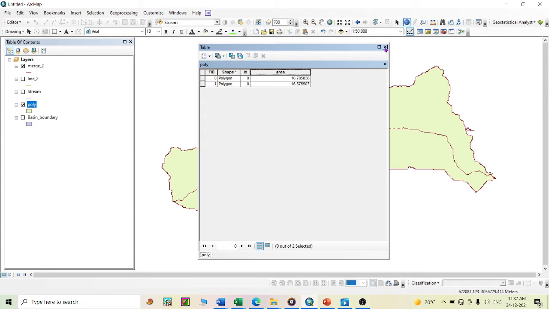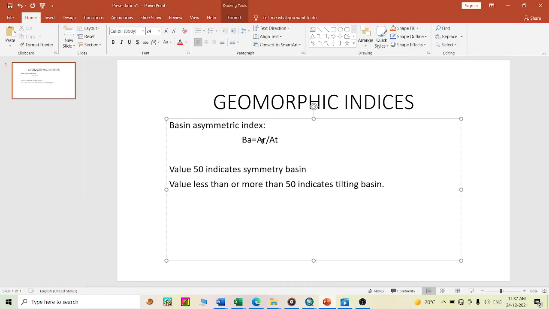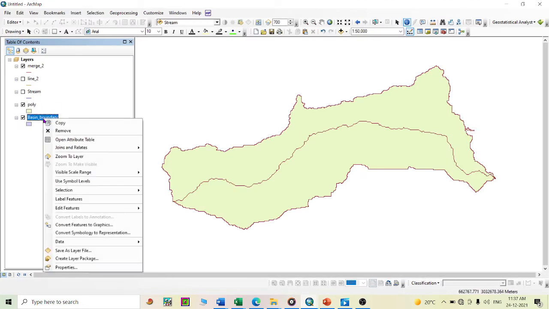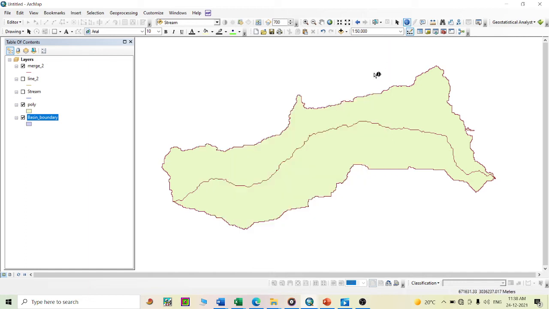Same thing, I need to calculate the whole basin area also. Here the formula is AR divided by AT. I have already done it for my whole basin here, for time consuming reasons. It is done the same way as the previous one.